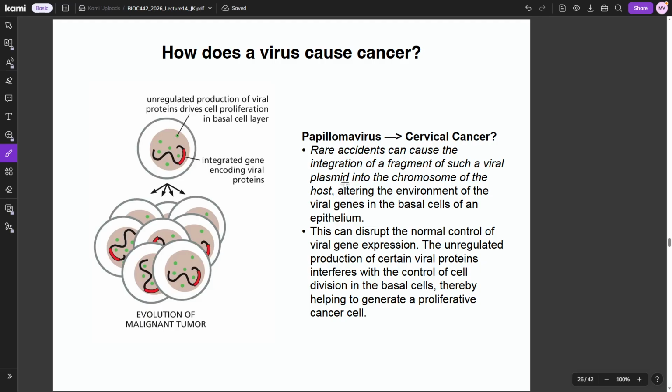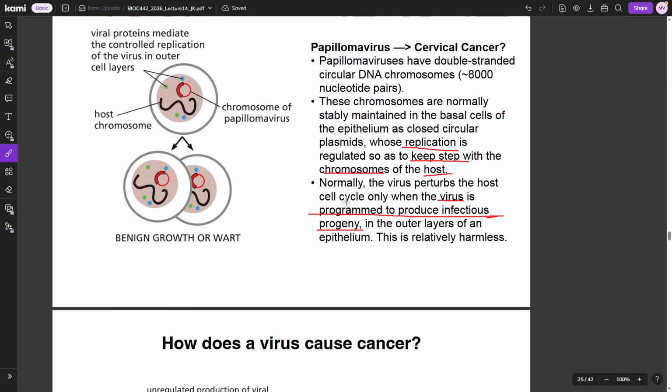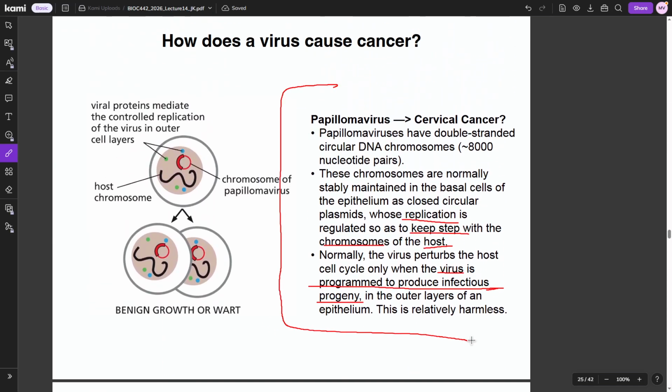And here is an interesting thing. One thing to keep in mind, this right here is generally harmless. It is supposed to be harmless. It does not do anything unless you integrate this plasmid DNA into your DNA. It usually is harmless, right? So it says relatively harmless, right? However,